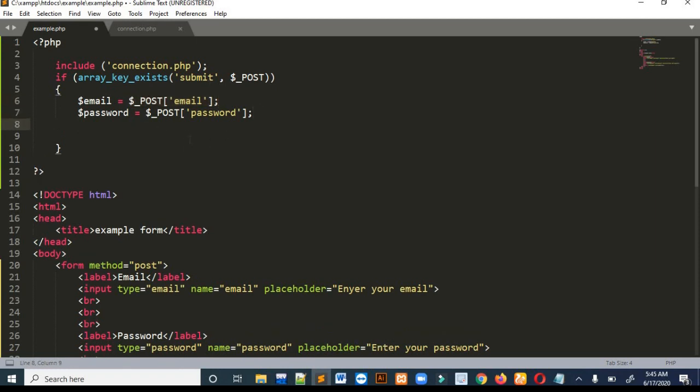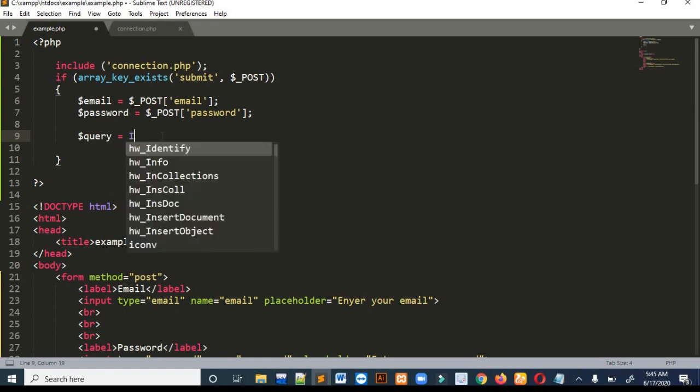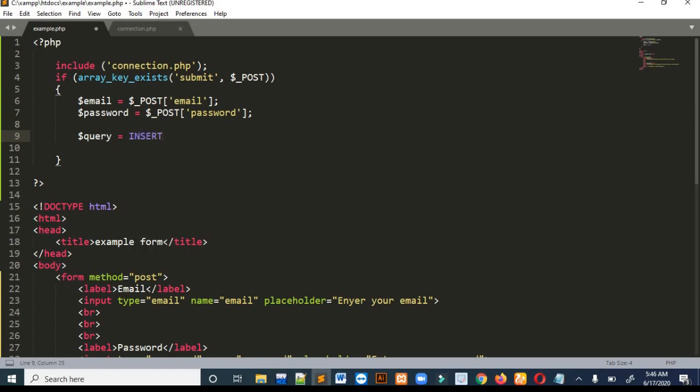Now I will write the query for inserting data in my database. For that I will first make a variable with the name query, in which I will save our query. The query goes like insert into.